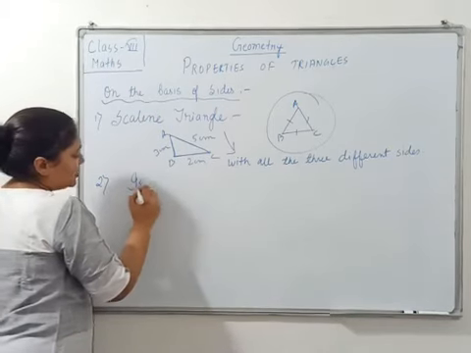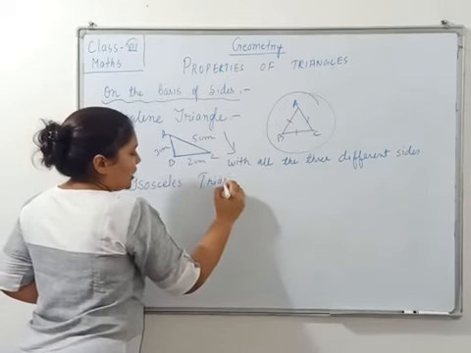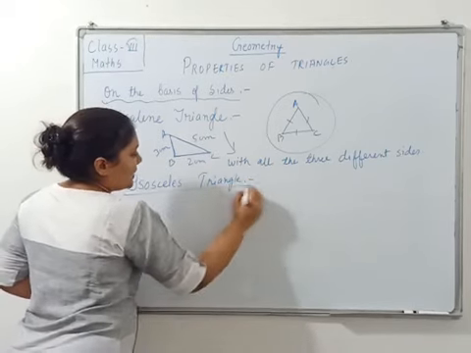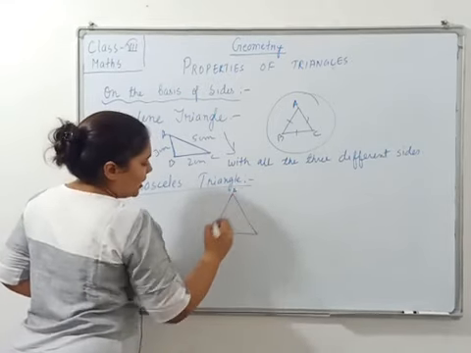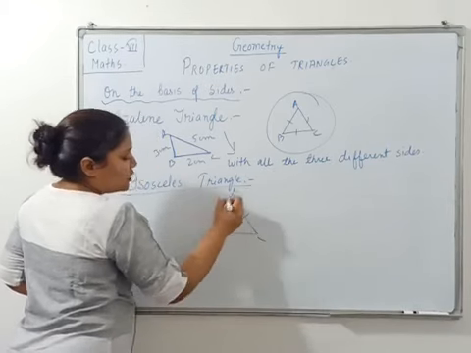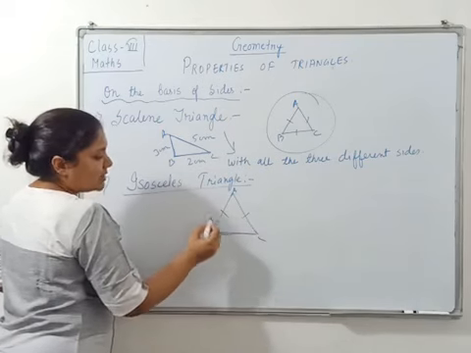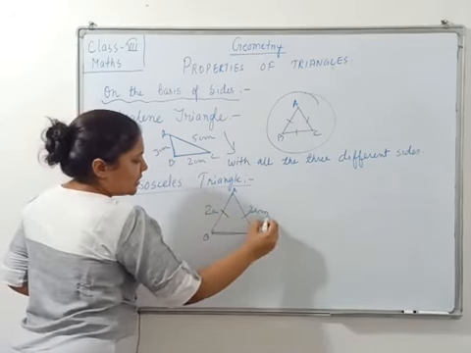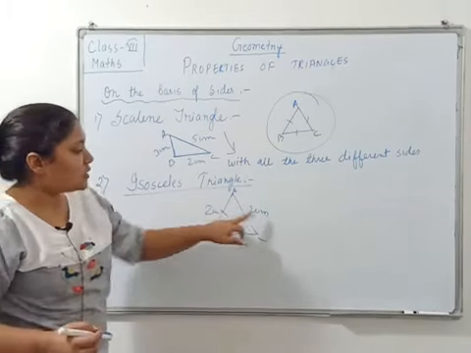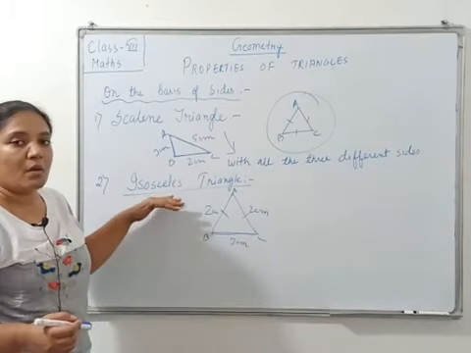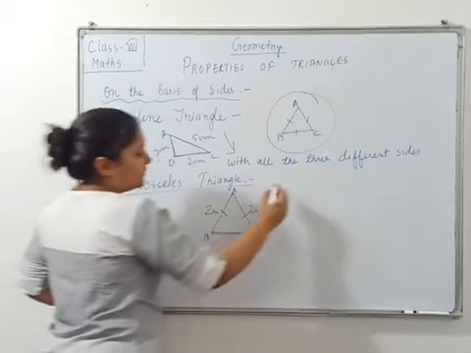Next comes isosceles triangle. We all have heard the name of isosceles triangle, right? Isosceles triangle means where two sides are equal. If I draw here isosceles triangle, this all is your basic knowledge, okay? A, B, C. Here two sides are equal. Means if I say here AB is equal to AC, then the third side is different. If it is 2 cm, 2 cm, and 3 cm. Means if in a triangle the measure of two sides are equal, then that triangle is called isosceles triangle. Clear students?